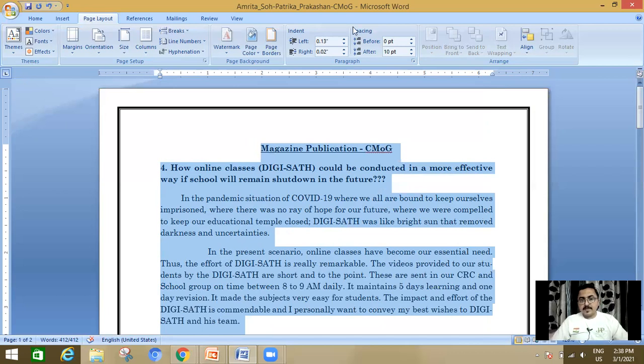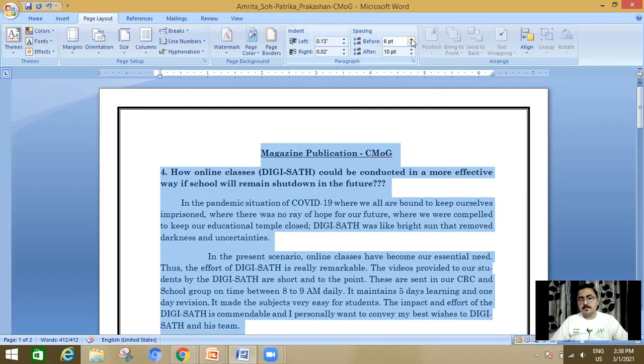And what is spacing? Spacing means the difference between the paragraphs as well as the spacing between the two lines. For example, here it is 0, so I have taken something else. Here you can see the changes.